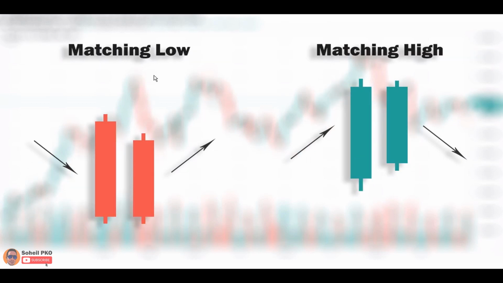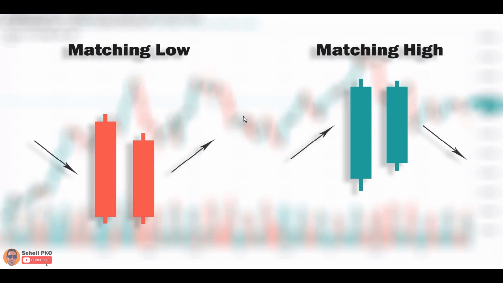Matching low. Matching low is a bullish reversal pattern that appears in downtrends or at support levels. This pattern is made of two candlesticks. The first one is a long red candle and the second one is also a red candle, shorter than the first one, opening in the body of the first candle and closing at the price level that the first candle closed. If the second candle has a shadow, the shadow should not go lower than the first candle's shadow, if there is any. This pattern shows that a support level is being established here and the selling pressure is decreasing,